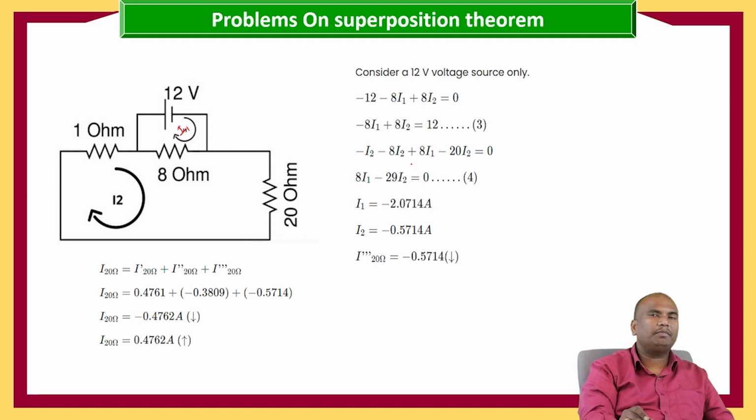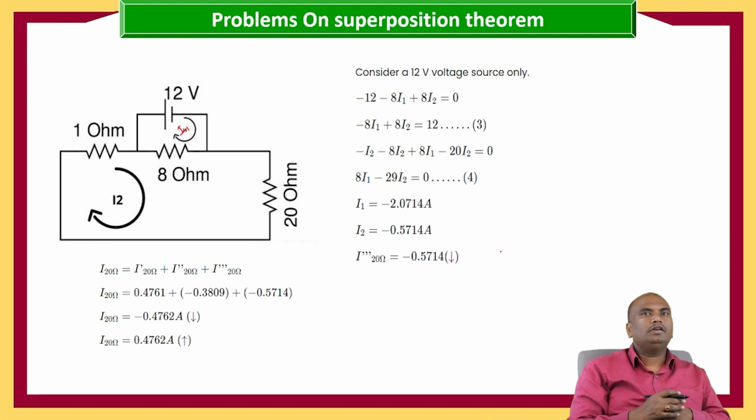And then let us apply the KVL in the other loop, that is minus 1 into I2 minus 8 into I2 plus 8 into I1 minus 20 I2, which is equal to 0. Here 8 I1 minus 29 I2 is equal to 0, where I1 is equal to minus 2.07 and I2 is equal to minus 0.57. Now I2 is nothing but the current flowing through this 20 ohms. So I triple dash is equal to minus